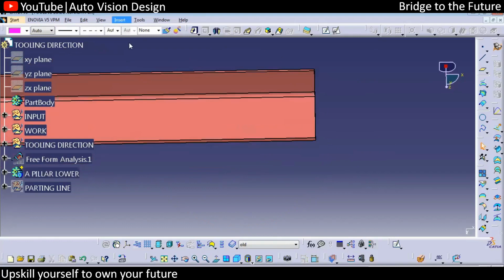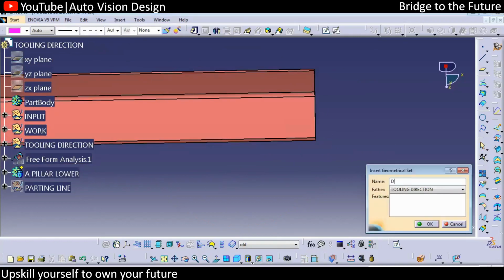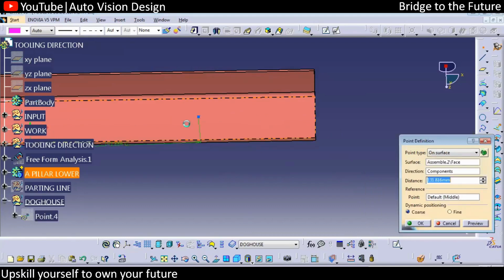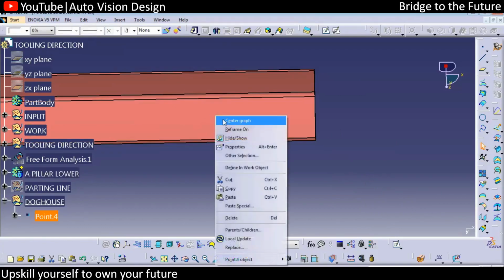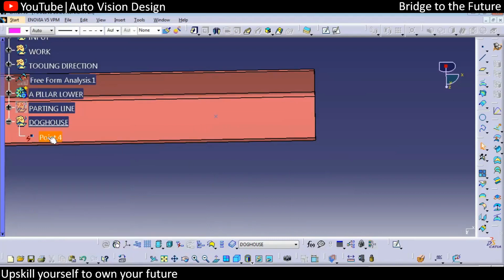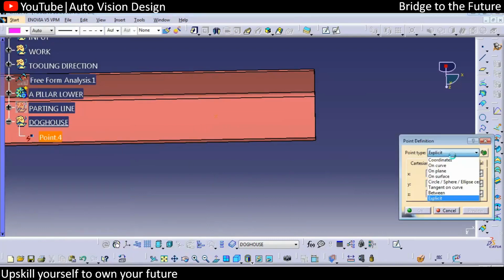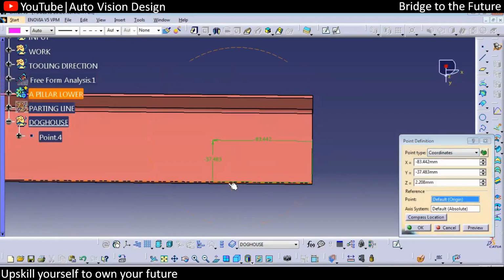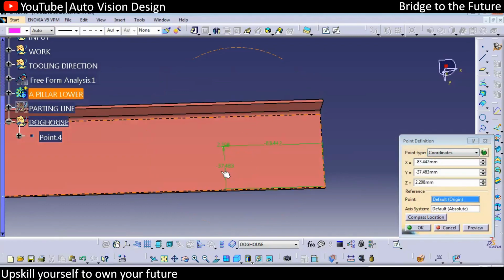We will add another geometric set, which will be the doggos. Okay, over there we can just fix the point. So you can take the point somewhere here with respect to the center. Okay, you can just right click on the center graph and go for isolate. Then again check for the coordinate. Okay, so you can control the coordinate afterwards, not initially. You can see somewhere here we need to have it at a center, so we can keep that as 57, 37 or 40. We are going to keep 35.